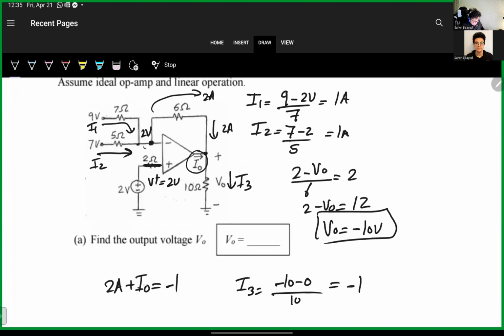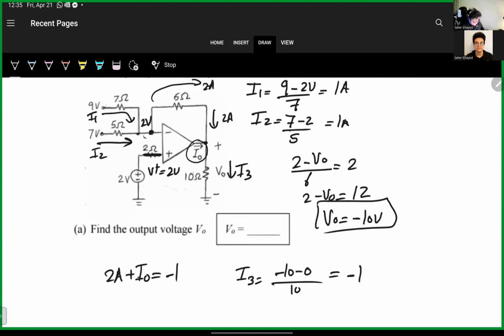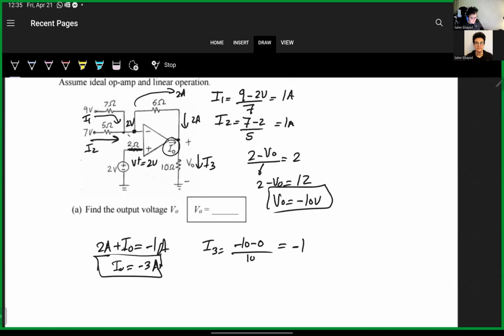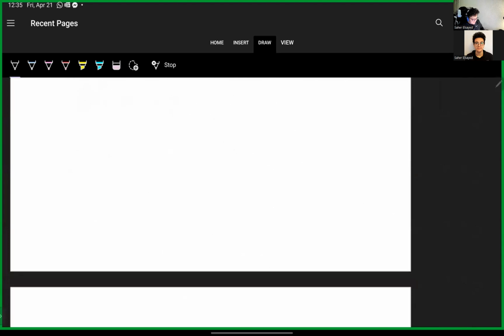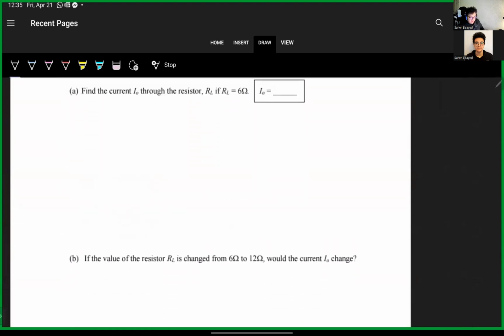So what is it now? Move this to the other side. So I out. Sorry, this is also amp. So negative 3 amps. Negative 3 amps. Does that make sense? Hopefully it makes sense. I hate this because there's no live reaction, but hopefully this is simple enough